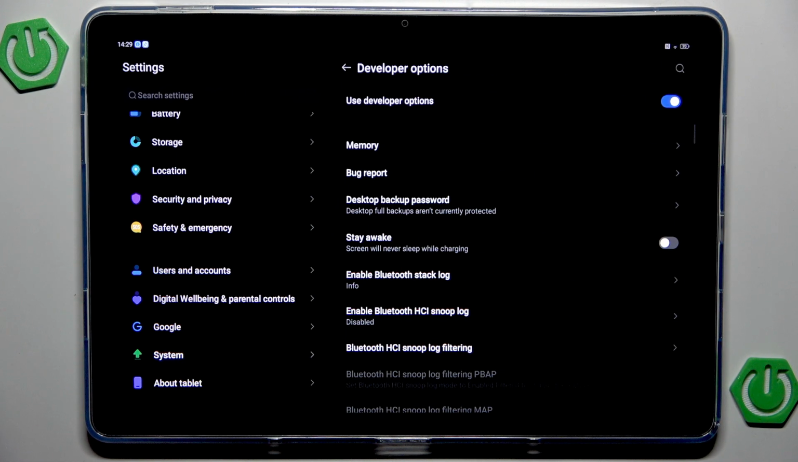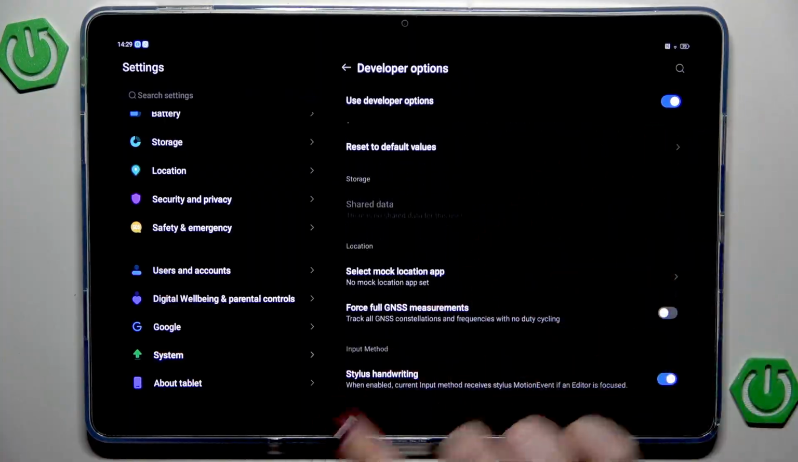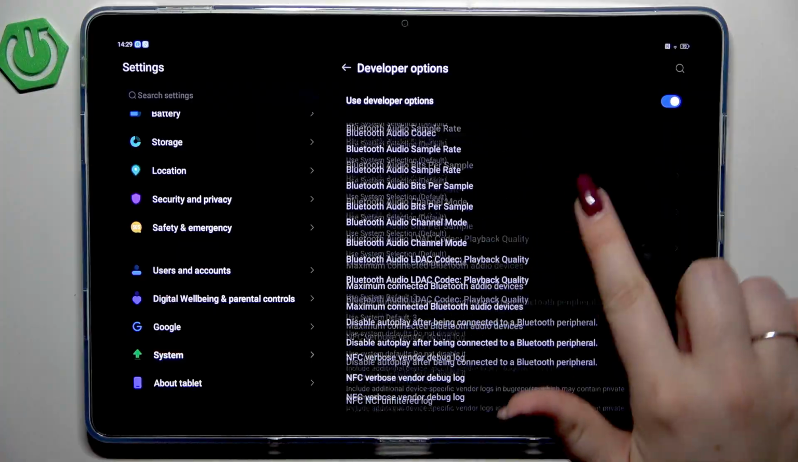Also, I forgot to mention that after tapping on the build number, your device will probably ask you to enter the screen lock if you've got one, so no worries, it's normal. Here in the developer options, we've got the list of available advanced options from which we can choose, and